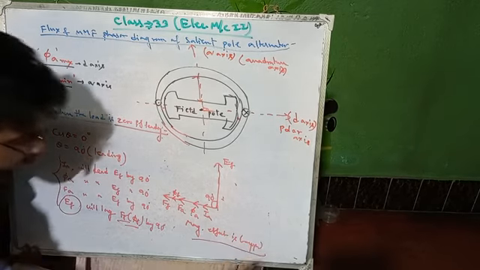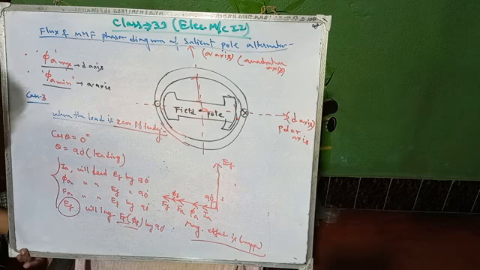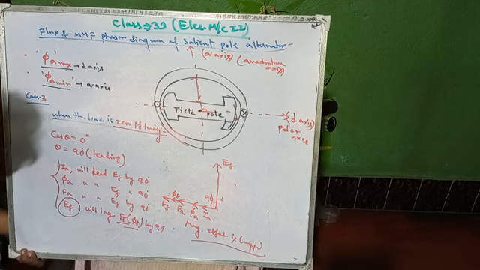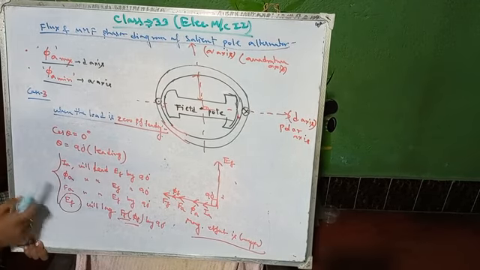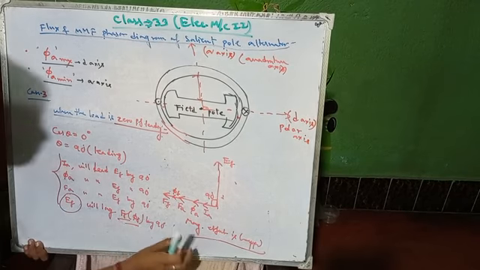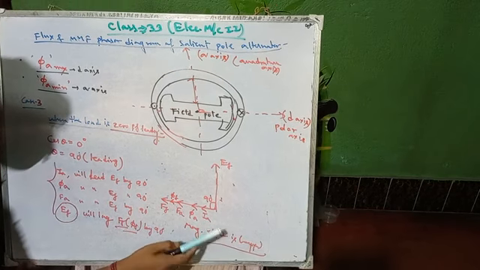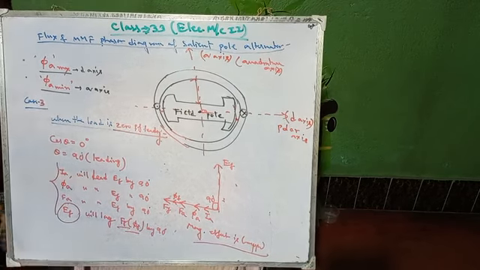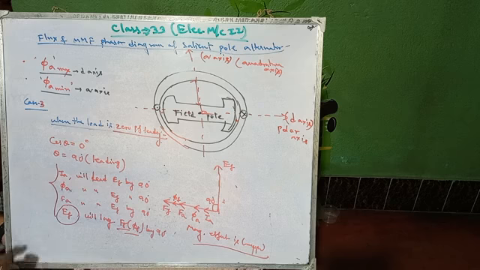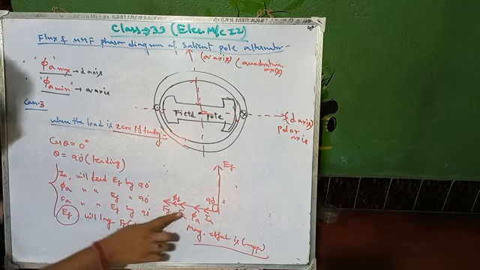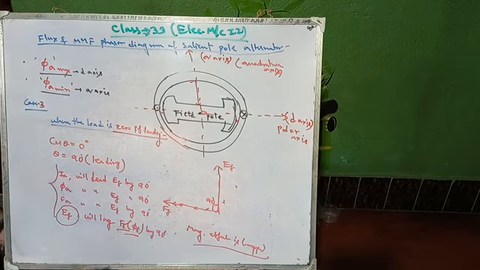So when the alternator, the three-phase synchronous generator, is loaded with a zero power factor leading load, it assists the field flux. This effect is called the magnetization effect. There are three cases, and the fourth case is no load. For the no load condition, IA, phi A and FA are all zero. That means there is no effect on the field flux, and no effect from the stator flux.